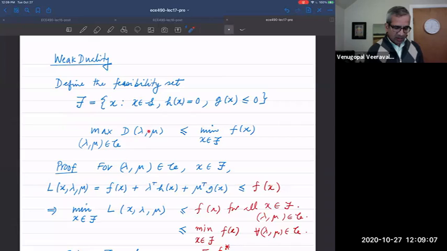It's always going to be a convex optimization problem, whereas this one may not be a convex optimization problem. So the dual is always a convex optimization problem. So a lot of powerful techniques can be used to solve this problem. But the issue is that you're not really getting a solution to the original problem by solving this problem. We're only getting a lower bound. But the whole reason for looking at the dual function is that there are many examples where you can establish that these two are equal. There's no gap between